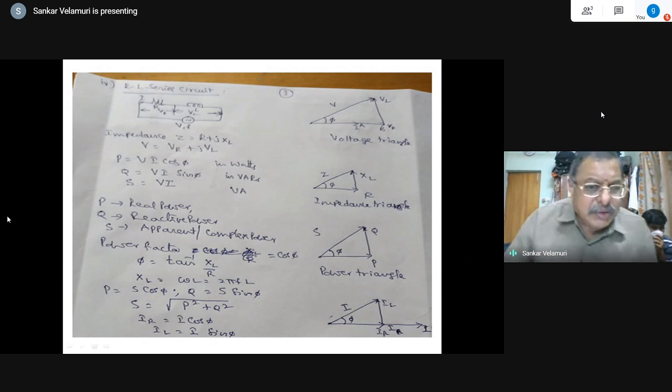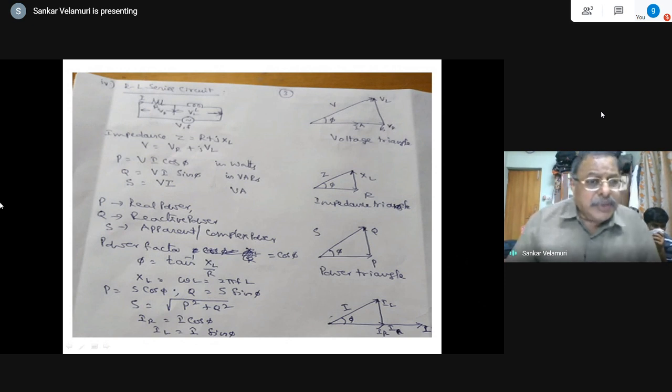So I do not want to take much time on this. These are very fundamental, so I hope you are aware of these things, because you might have already studied them for your GATE preparations. Anyway, it is just memorizing these things again for the sake of continuity. So this is called the voltage triangle. V is equal to VR plus jVL, because you can see I is taken as the reference, since the current is in series with both the components.